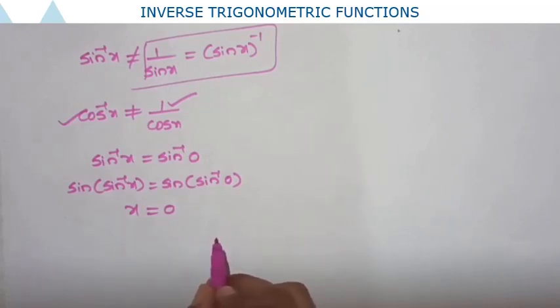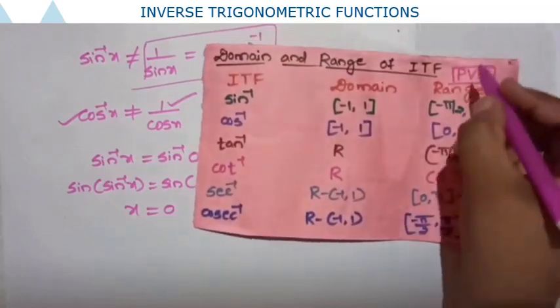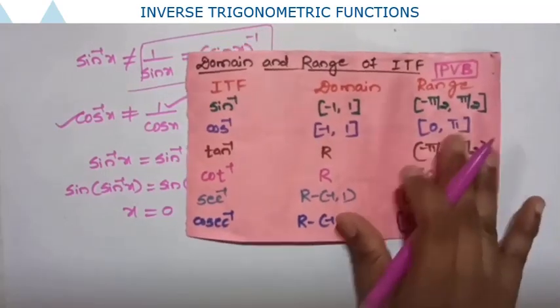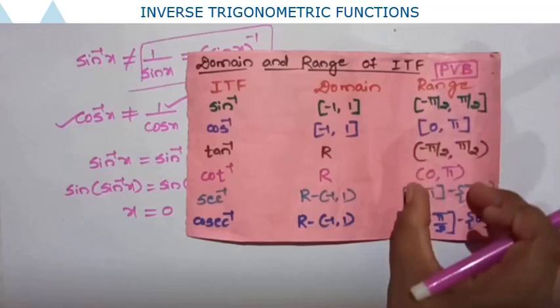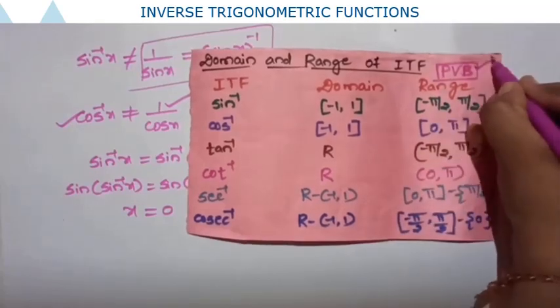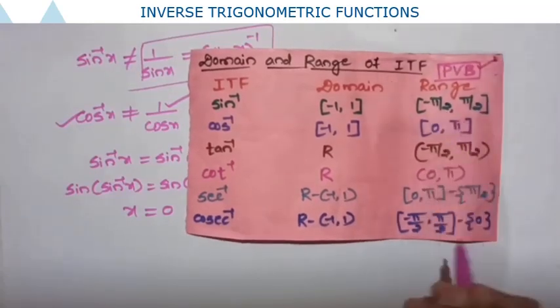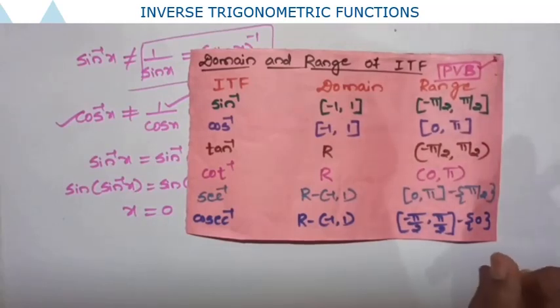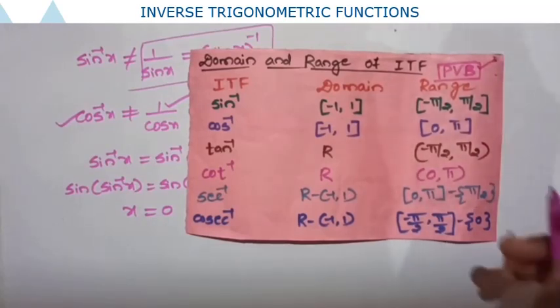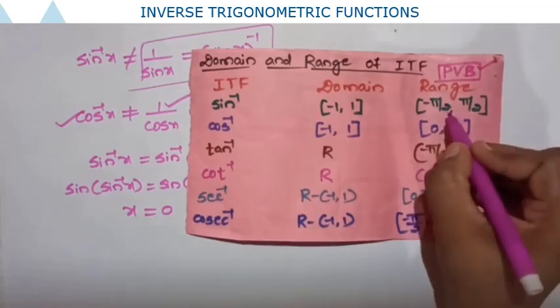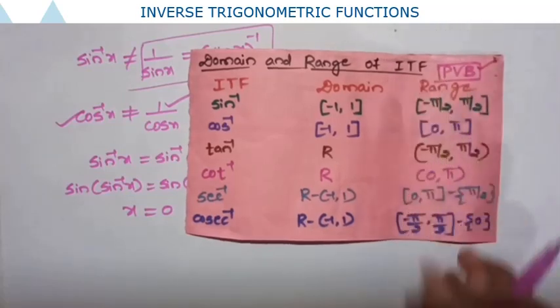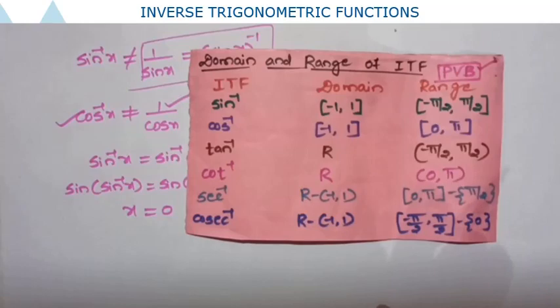After that, while they are asking to find principal values, you should know about the principal value branch, the range of the inverse trigonometric functions, which we call the principal value branch. You should have an idea about the principal value branch, then you can find the principal values easily. The principal values should lie in the corresponding principal value branch. So this is very important.